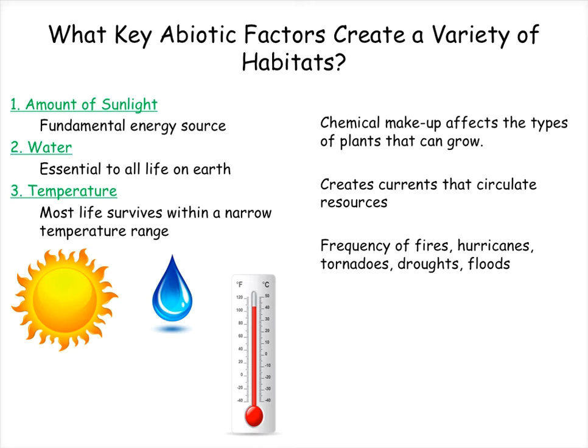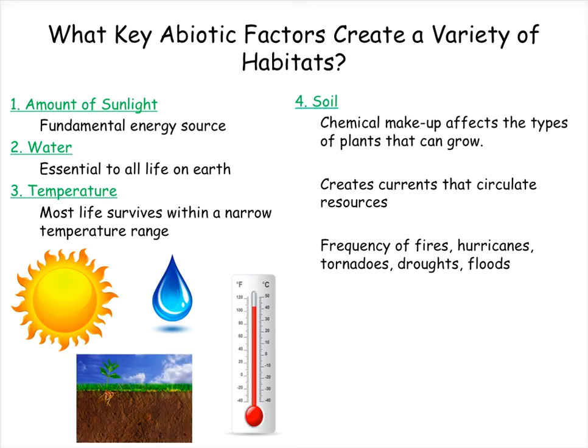The next abiotic factor in a habitat is the soil. Soil comes in many different varieties, with different compositions, nutrient contents, and degrees of fertility. Just as we discussed with sunlight, the type of soil present in an environment determines the diversity of producers or plants that habitat can support, which in turn determines the diversity of consumers that the habitat can support.